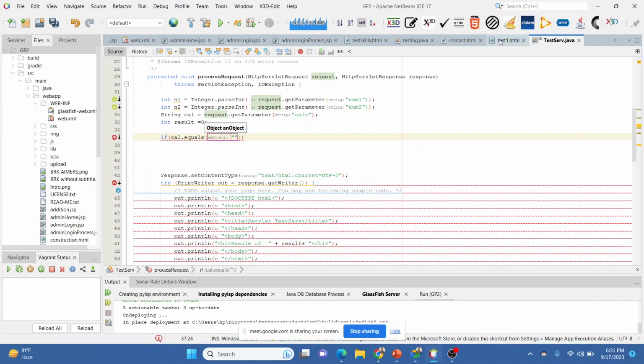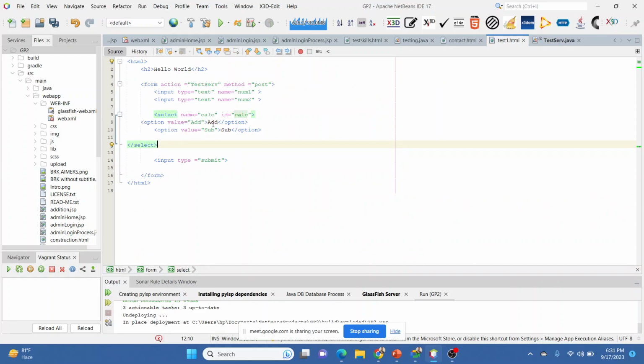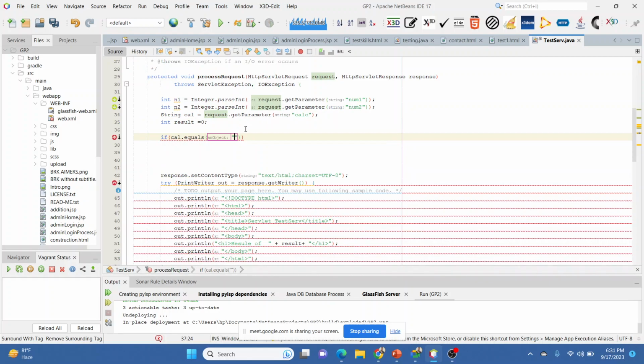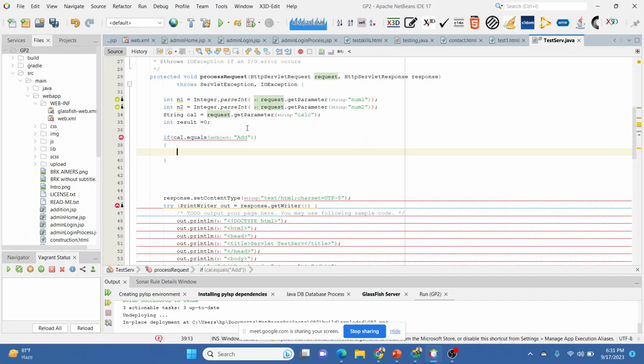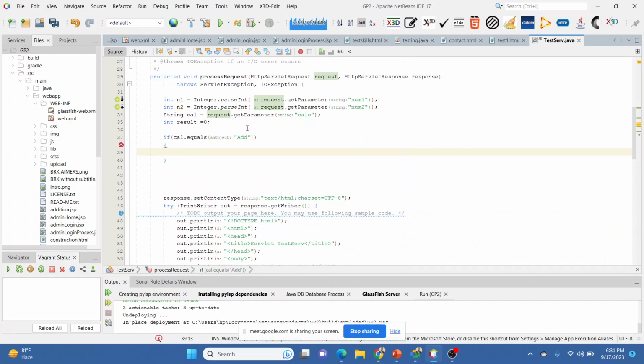So you have to make sure it is case sensitive. So we have to pick it as it is, case. So add. So what we will do, result equal to n1 plus n2.